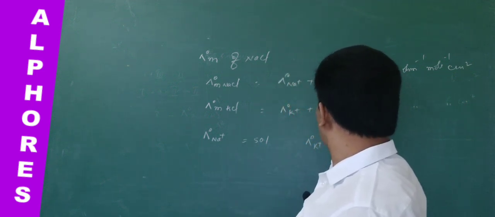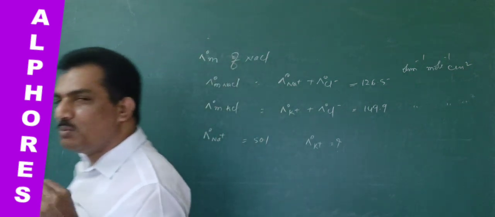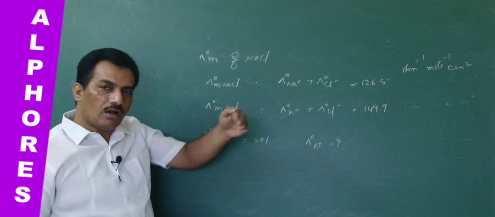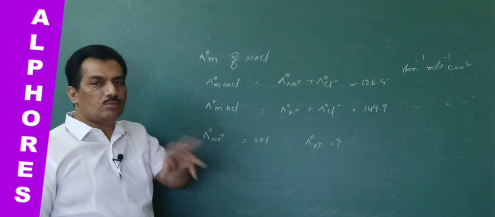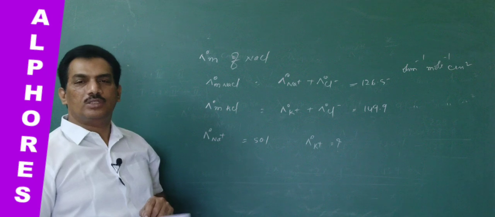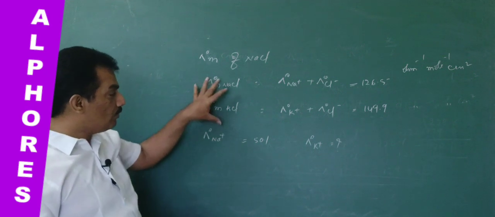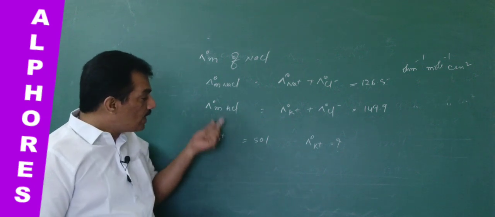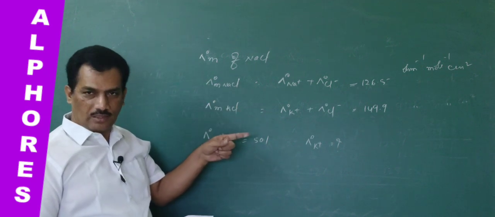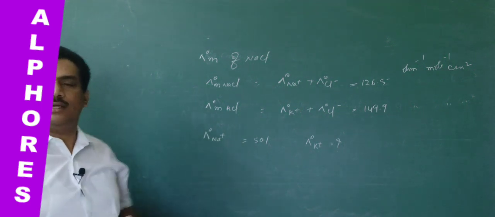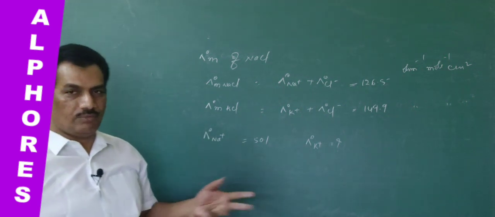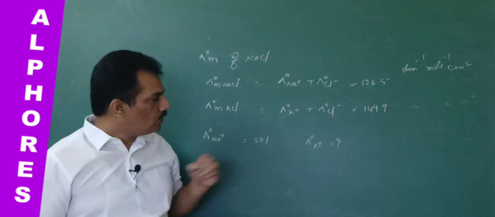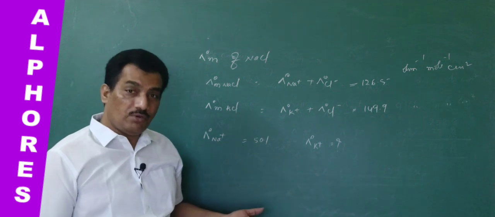K plus. Till now we solved all the problems when two different electrolyte conductances are given and asked for a third electrolyte. We are able to solve by using this Kohlrausch law. But here they are providing two different electrolyte conductances, and by providing one of the ions among these two electrolytes, they are asking for the second cation conductance, a different model. Just remember, we are applying the same Kohlrausch law in a different manner.